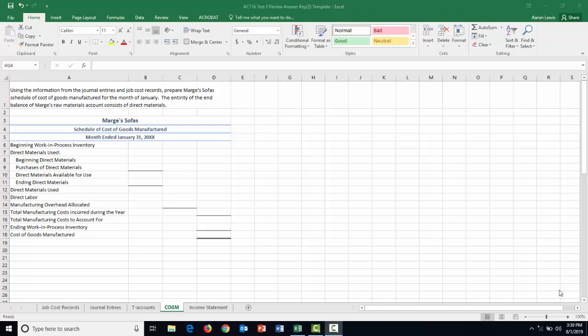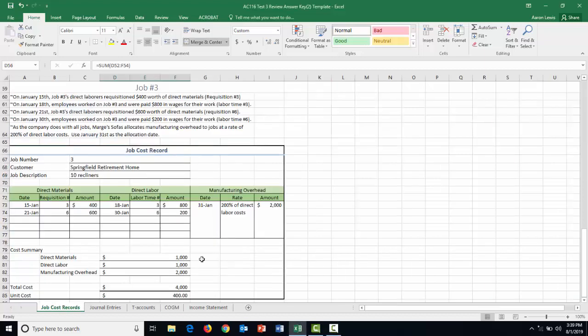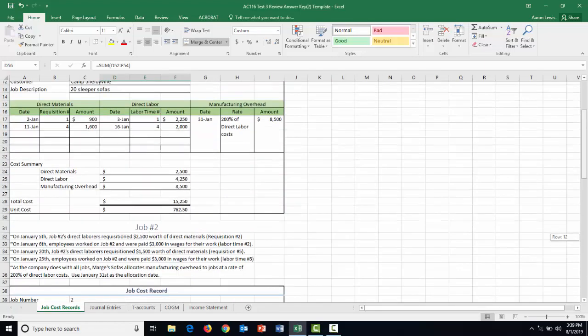Now that our job cost records are done, our journal entries are done, and our T accounts are set up, we can finish up this assignment by making our schedule of cost of goods manufactured as well as our income statement. The first thing we need on our schedule of cost of goods manufactured is our beginning work in process inventory. Well, if we go to our job cost records, in the company description we have up at the top,